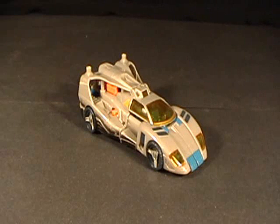Today we're taking a look at Armada Blurr. Now this is definitely not a complete figure. I got it from a toy show here in October, and I thought it was cool. I definitely made sure it was a legitimate Transformer, and I knew it was incomplete, but when I got home I found out that I was missing more than just